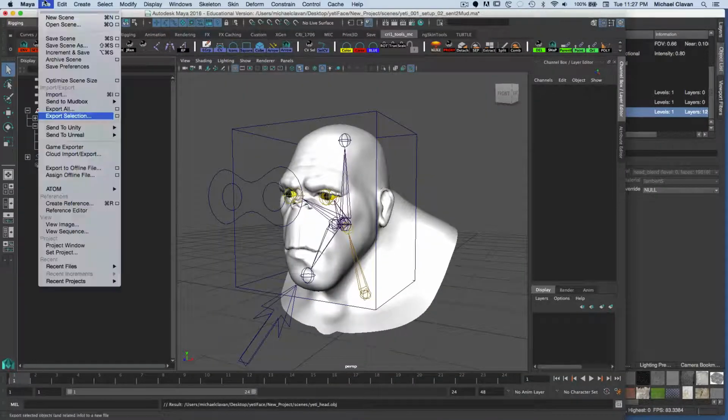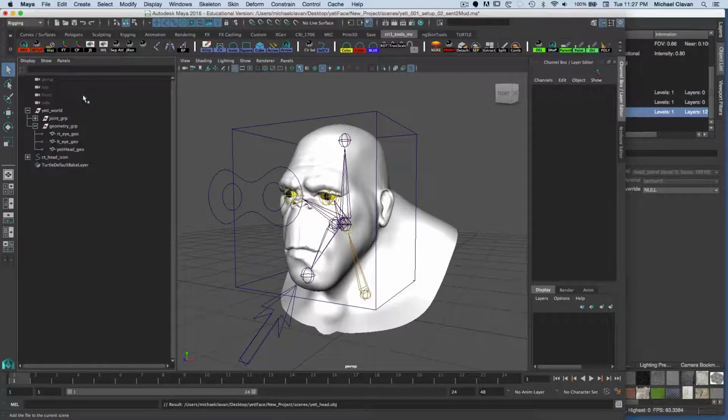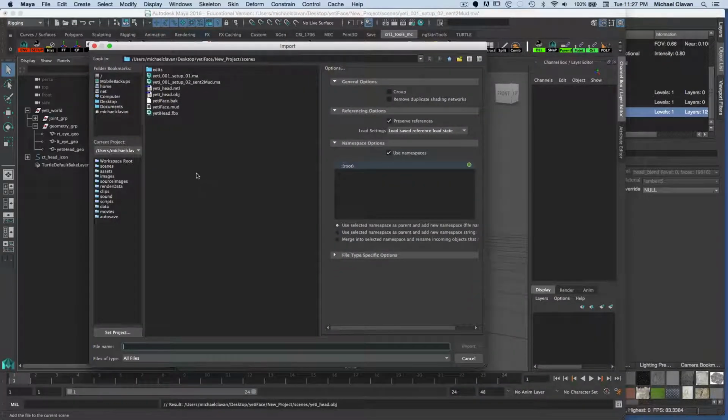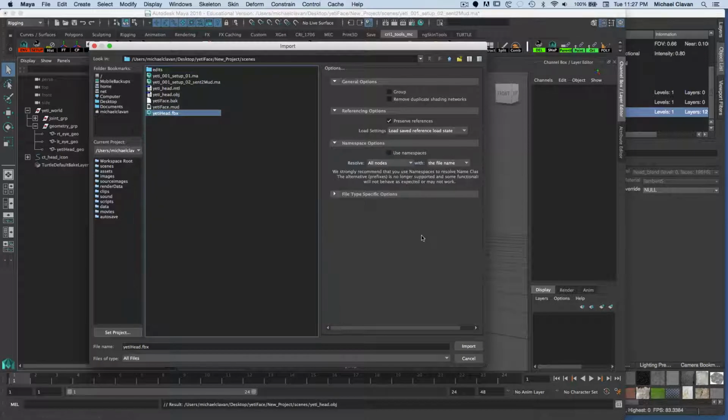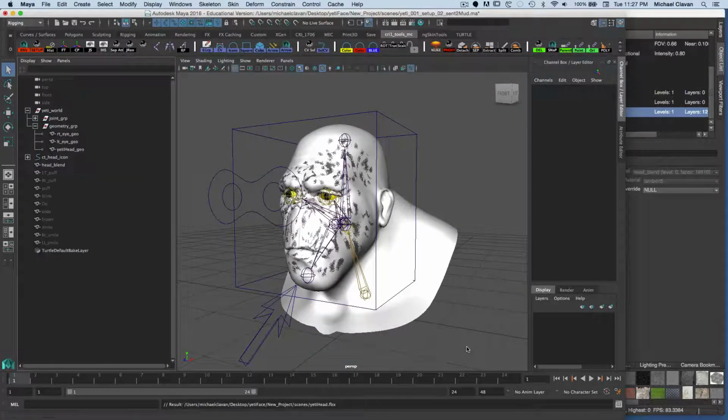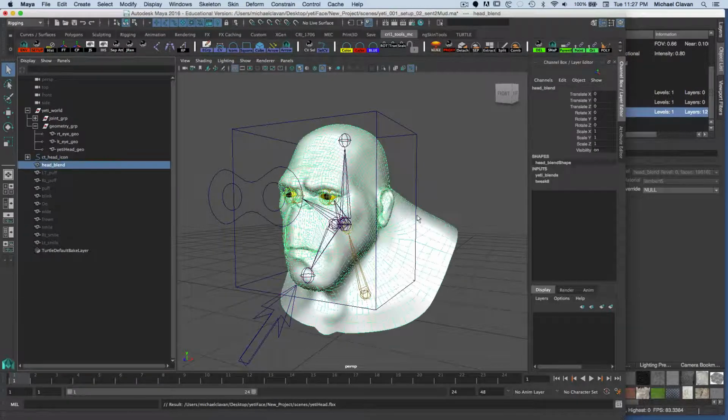So I'm in Maya. I say File, and I'm going to say Import. And we can import that FBX. That's why we have the FBX format on there. And I believe we just called it Yeti Head. Now, I normally turn off use namespaces, because that puts a prefix on the blend shapes, so that's the only thing I really set on here. It's going to put Yeti head in the front of all these names. So I'm going to say import like that. Oh, I actually didn't turn it off on all of them. That's good. So now I got this blend here,